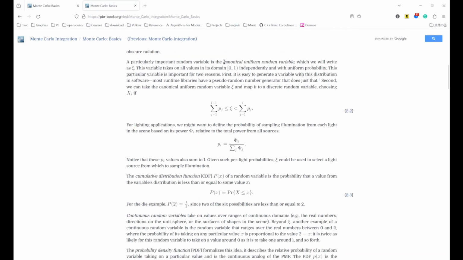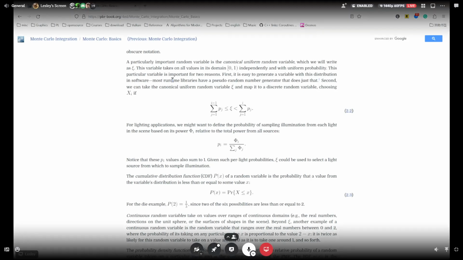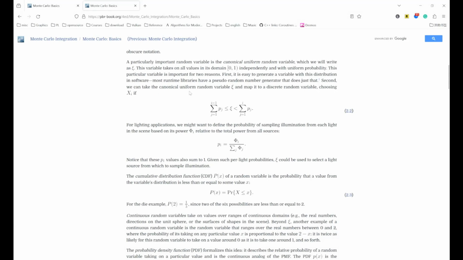And then there is the so-called canonical uniform random variable, which we write as, I don't know what this is. Can someone tell me what this is? But anyway, this is a uniform random variable from the